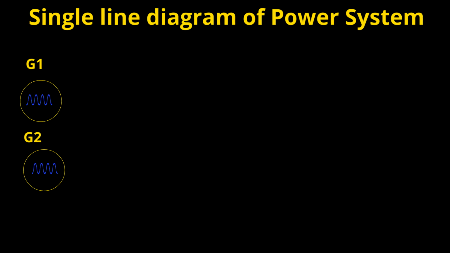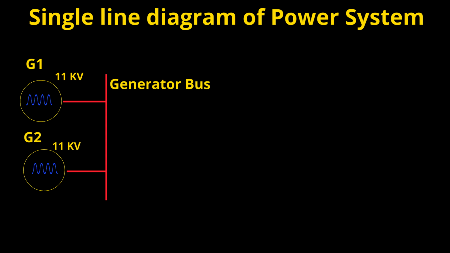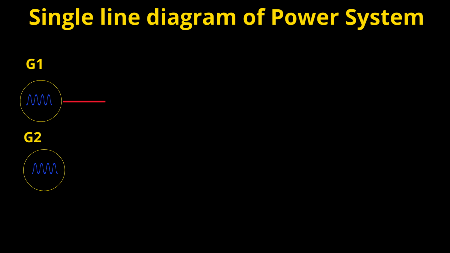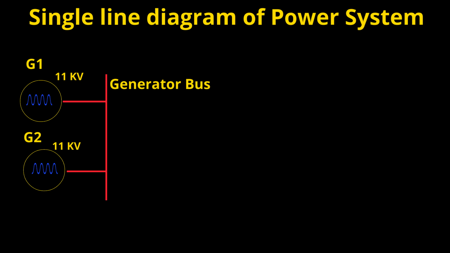Now we will draw a bus between G1 and G2. A bus is a node where a line or several lines are connected and may also include several components such as loads and generators in a power system. For this bus, the only generators are connected, so in more focus we can name this bus as generator bus. In power plants, the alternators are generators. The RMS voltages are typically 11 kV and 13 kV RMS.